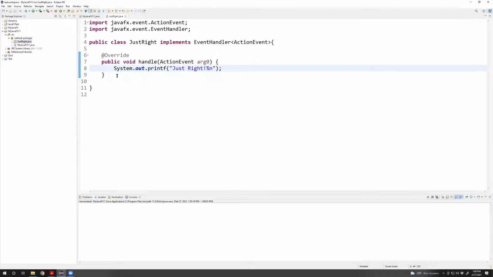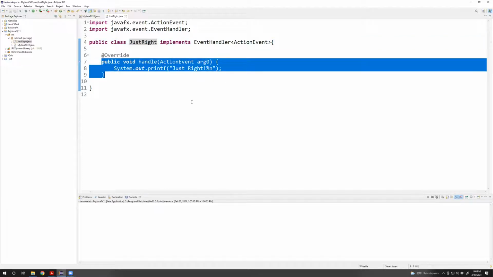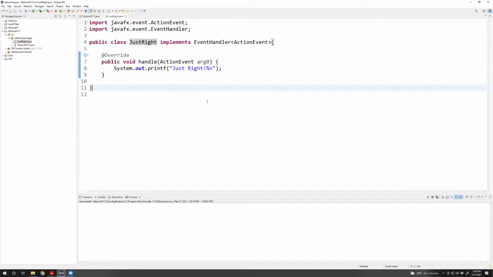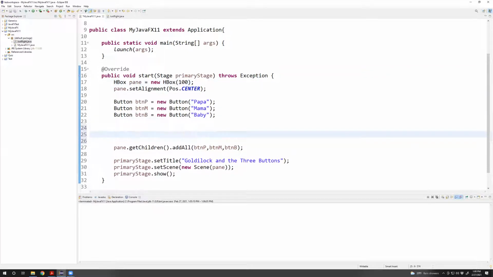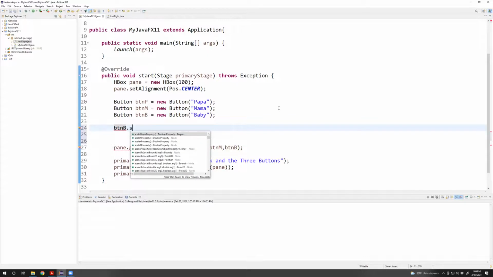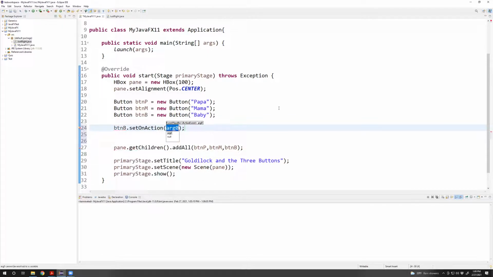So the whole purpose of this class is to implement EventHandler<ActionEvent> so that I can write this method. Now I'm going to go back to my start method here, and after I've created the button, I'm going to take the button b and say setOnAction. So when I click that button,